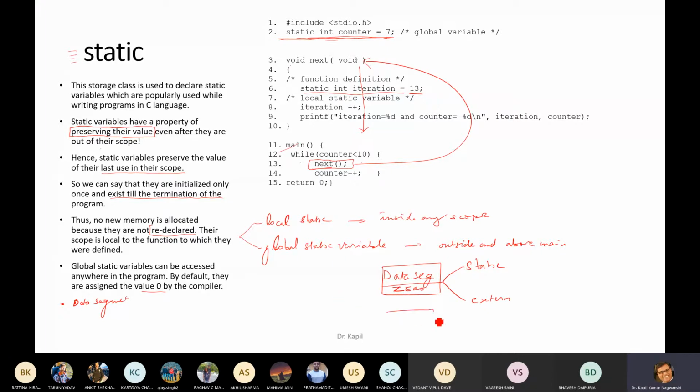And in the stack segment, it is auto variable and it is garbage. And similarly in register, the variable storage type is register and it also holds the garbage value.